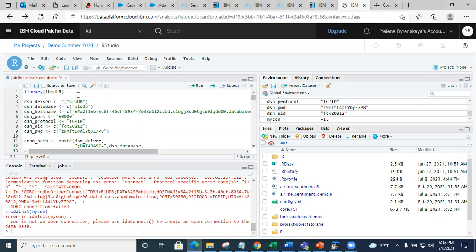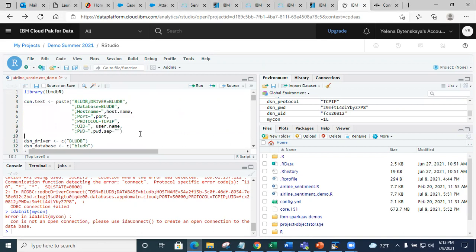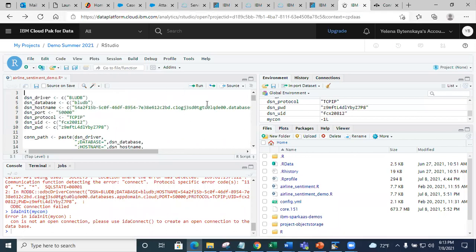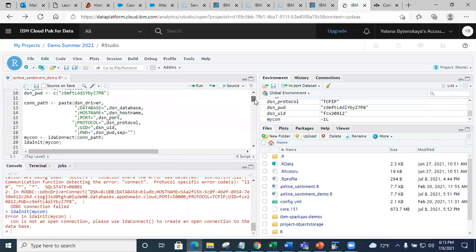Before the DSN driver, it needs the DSN name, which is BLUDB. So just try to add that, just before the driver. Yes, I think you got that. Linesh, let's break that down. Hold on.